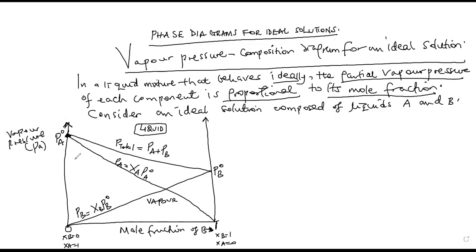Let me first talk about the representation of these lines. In short, PA represents the vapor pressure of pure A. Then PB represents the vapor pressure of pure B. Then line PB